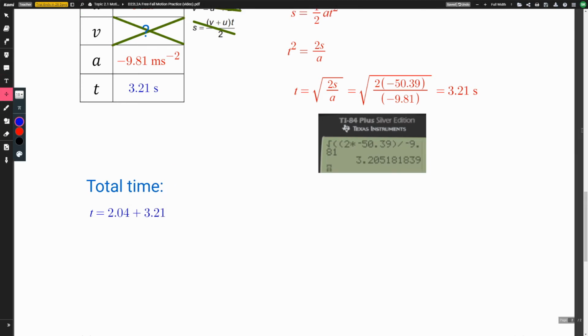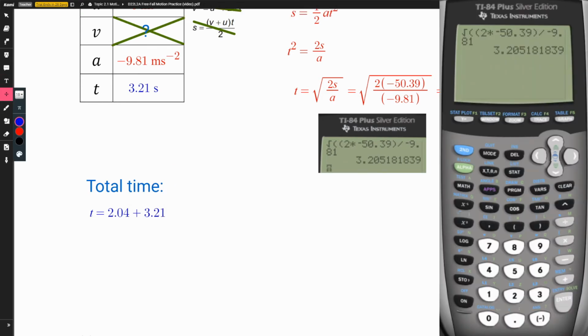So we'll just go grab our calculator again. All right, we're going to need to add together these times. Well, I've already got the one time in my calculator already. And so I'm just going to add to that the previous time, which was 2.04. And if we add those up, we get this result,